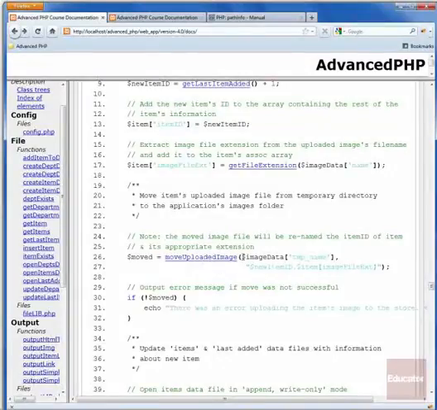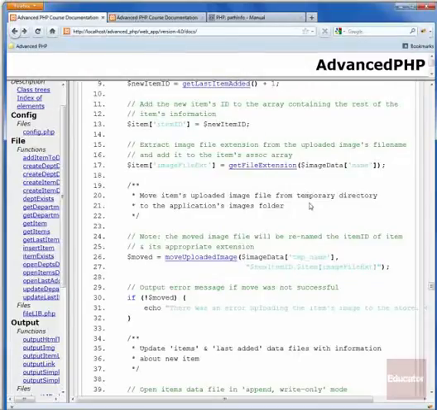parameters. The first one is going to be the absolute path to the temporarily uploaded file, and as we learned in our lesson on file uploads, that's contained under the tmp_name key in our files array for our particular uploaded image. And then it also takes what we want to rename the file to. And this moveUploadedImage is going to know the directory where to store the file, but we need to provide it the file name. So as we have been doing for all of our items, the name of the item's image is just going to be the item's ID. In this case, it's the new item ID, followed by an extension that is the image file extension